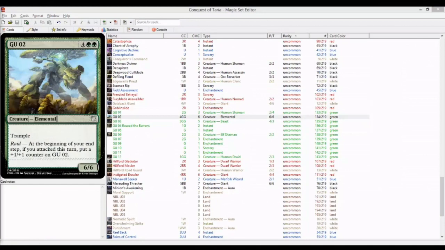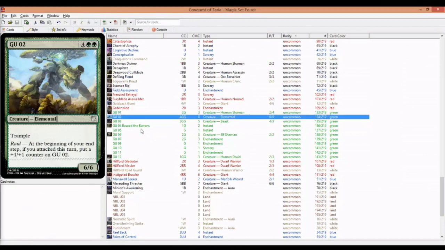Like, I was smart enough, I put it on a bunch of commons, I put it on the rares, but I forgot to put it on the uncommons. Whoops! Now I have to go back and redesign a bunch of my uncommons. You can solve that by putting it right in the title. And again, like the good teachers that we are, we're gonna circle back to a topic we already discussed, which is top down and bottom up